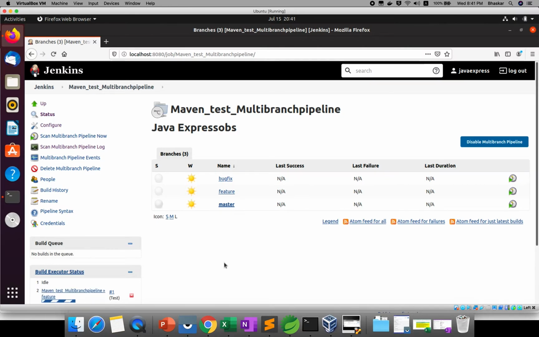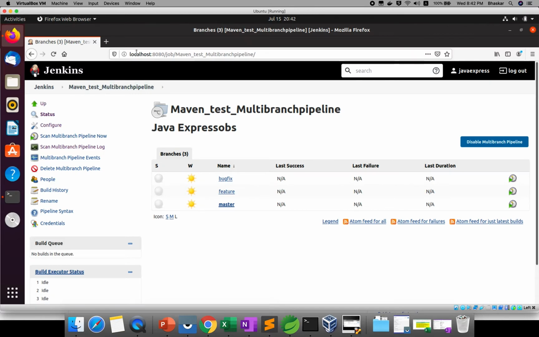And one more point is, there is a webhook concept available. What does a webhook do? If you push your branch to your Git repository, it will tell your Jenkins, hey man, I got one new branch, just go and run my branches. Like that it will tell Jenkins, so Jenkins will run all your branches. If you are working on your local machine, you cannot use the webhook. Basically a webhook will be configured if you are using Bitbucket, GitHub, like that, then you can do this process.